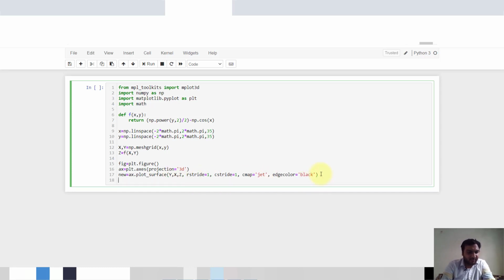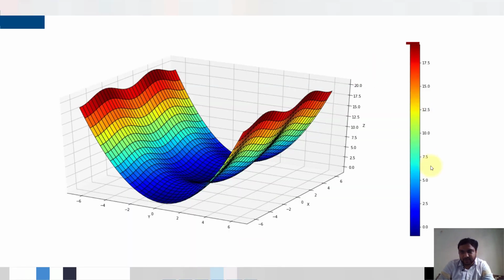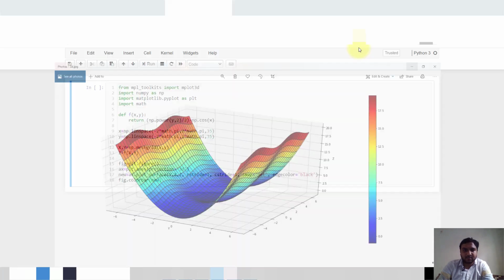Now we will define our color bar. Figure.colorbar, so it will include our color bar also. Here you can see that this is the color bar.